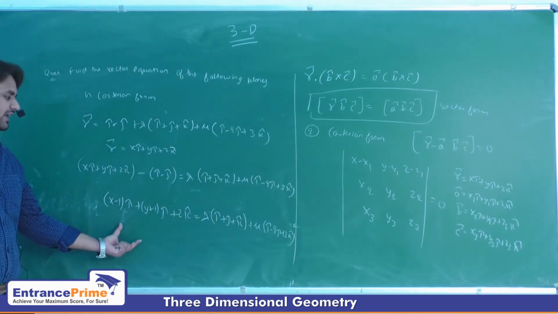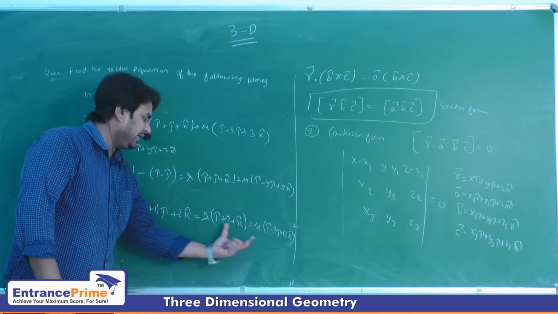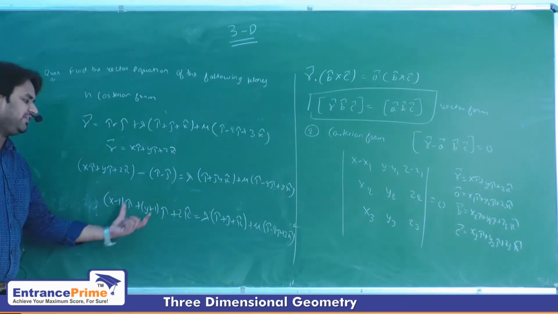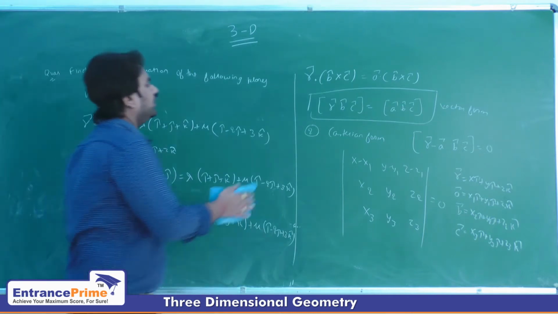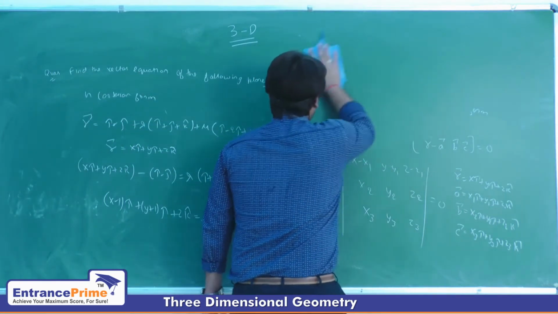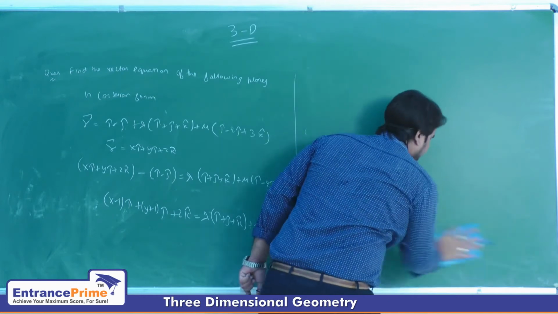If a vector is written as the linear combination of two vectors, then it is only possible when all the three vectors are coplanar. If the vectors are coplanar, then the determinant of all the vectors is equal to 0. Now we will find the equation in Cartesian form.